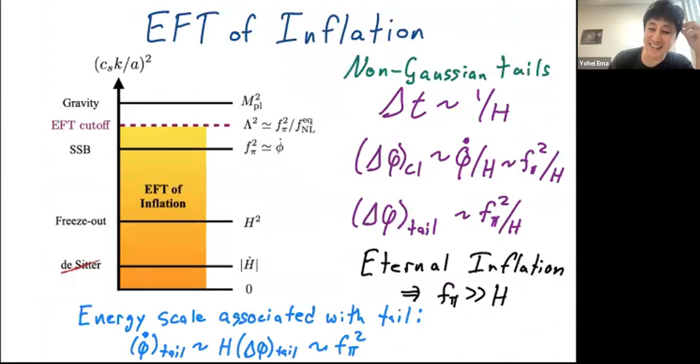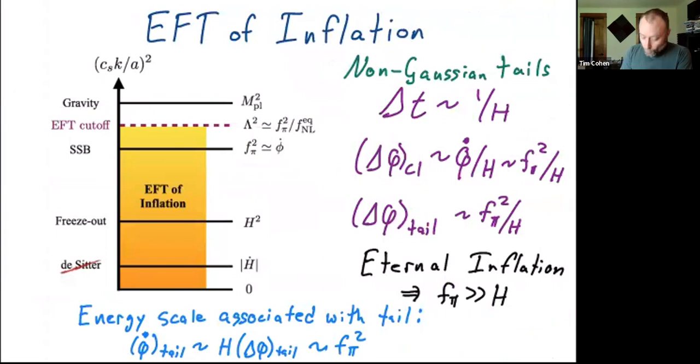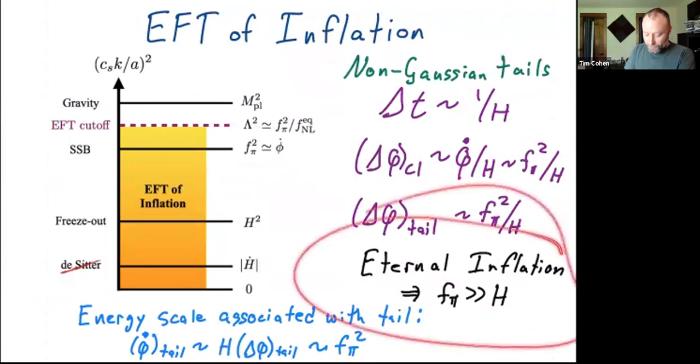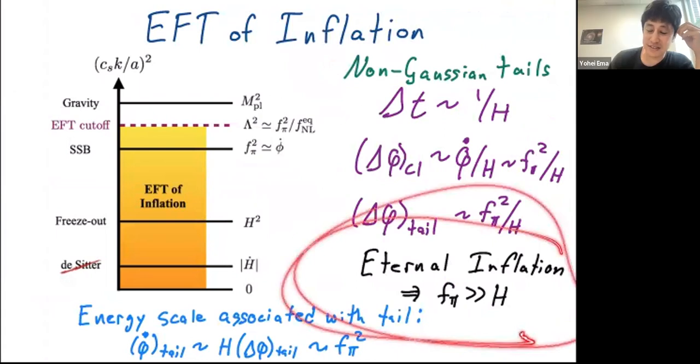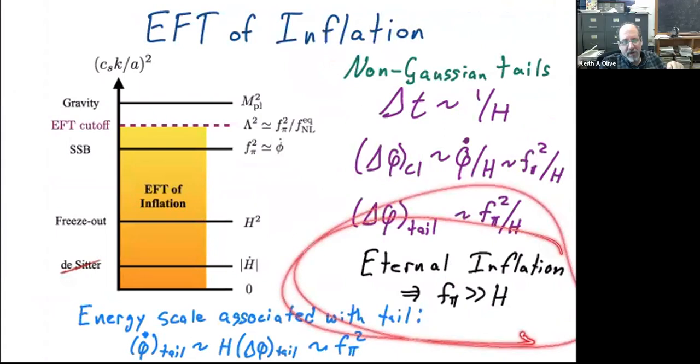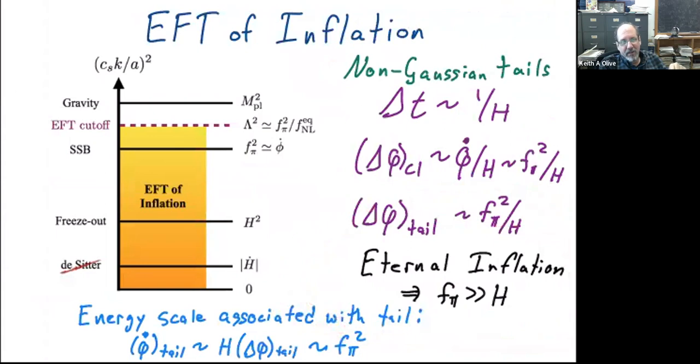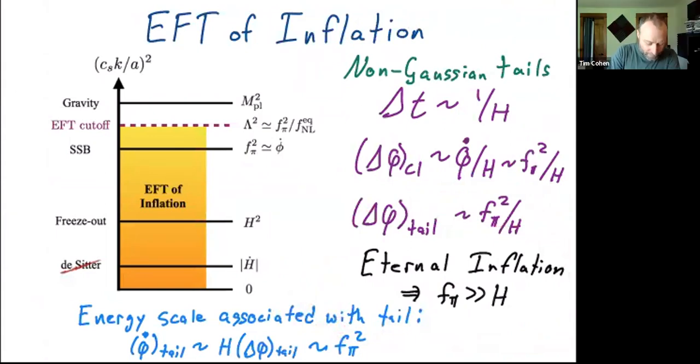The claim that I'm going to make in this talk, although it's already been half an hour, so we'll see if I get there, is that in the presence of primordial non-Gaussianity, we're finding a new effect which gives us eternal inflation in a new regime of parameter space. Okay, so does that imply that if there are no non-Gaussianities, or if the non-Gaussianities are small, this doesn't happen? Yeah, so, well, okay, let me just show you